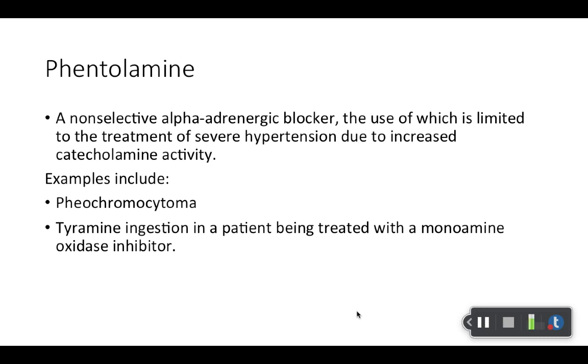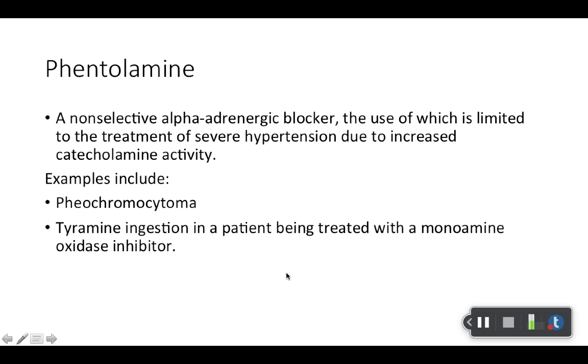Phentolamine. So this is an alpha adrenergic blocker, non-selective. Limited use, not super popular. It's considered an alternative option, for example, for a catecholamine excess. So for example, if someone had a cocaine overdose, this may be used for that. Or if they had tyramine ingestion with a person taking an